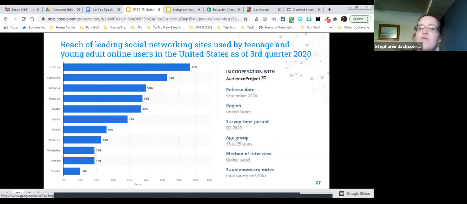From some anecdotal evidence from former students, Facebook, Twitter, Pinterest, and LinkedIn are apparently for old people. So I'm wondering if maybe it's because this research is for the 25 group, and maybe that 20 to 25 group is a little more into Facebook. I do know a lot of my students have Facebook, but they say they don't use it. But you can see here as well, something like TikTok is already reaching a quarter of the 15 to 25-year-old age group, and that's a fairly new app. Our students are quite adept at jumping on something that they really like, right?